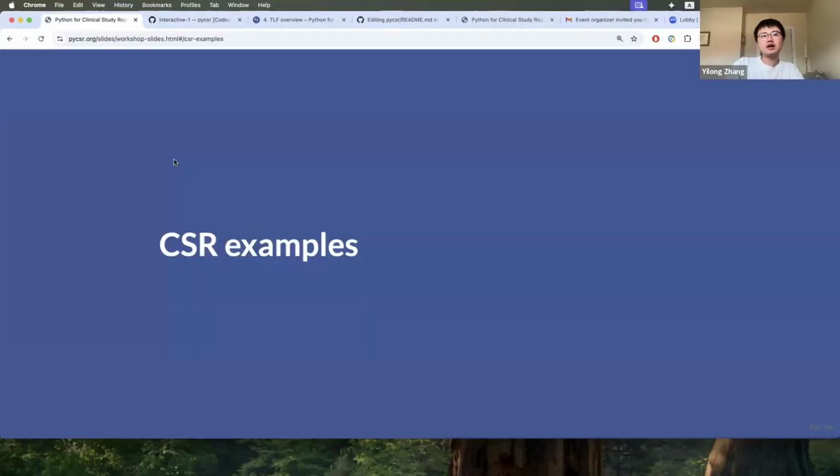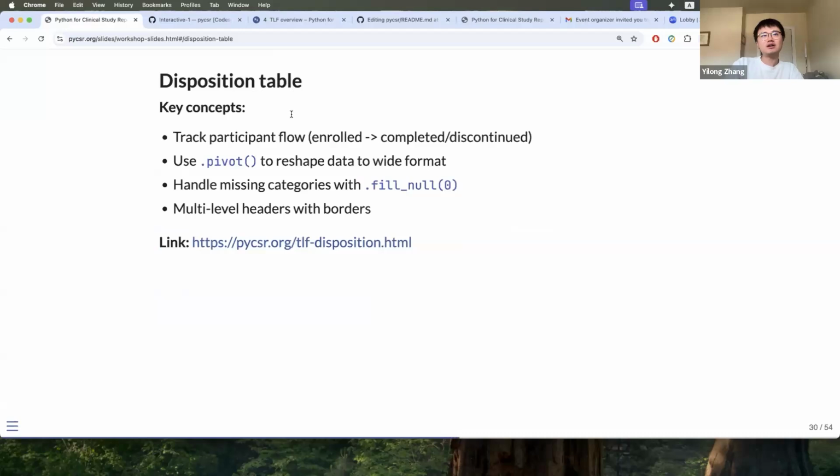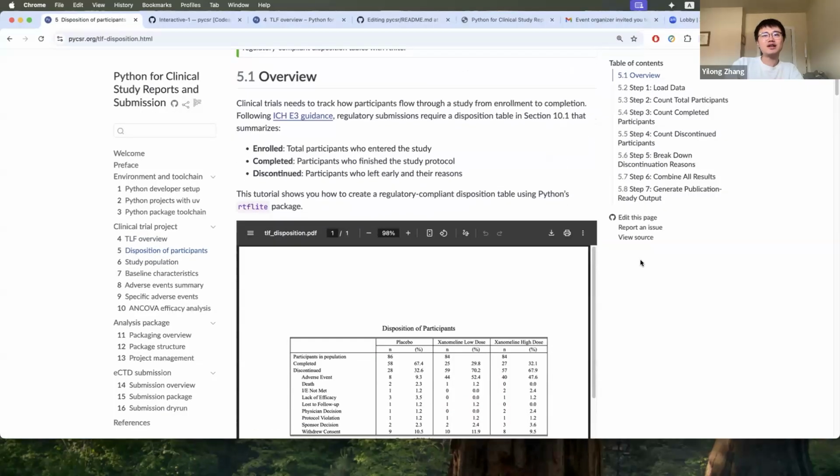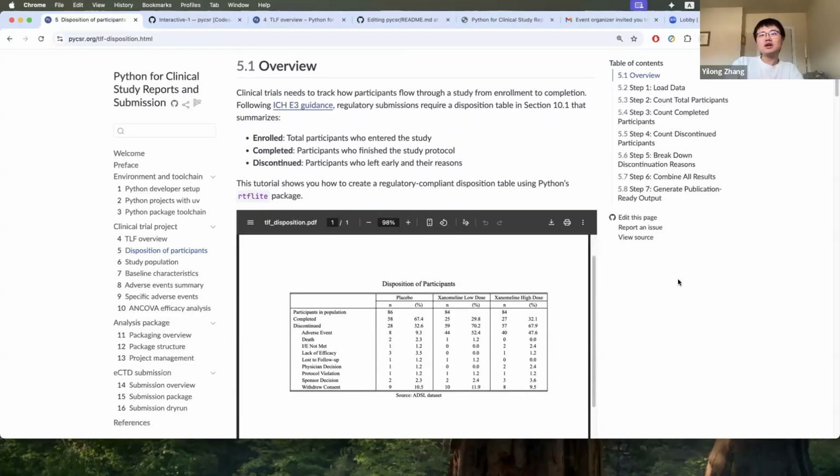So now let's go to a concrete CSR example, starting from the disposition table. And we have multiple chapters for different tables, with a similar flavor for the R2RTF and the Alpha CSR book. So, similar idea. The AI is really powerful to help us with the translation. What you see here is that many times we collaborate with AI on how to translate the content from our version to the Python version. It goes very well once you have the AI learn the RTF light context and give more resources as needed, right?